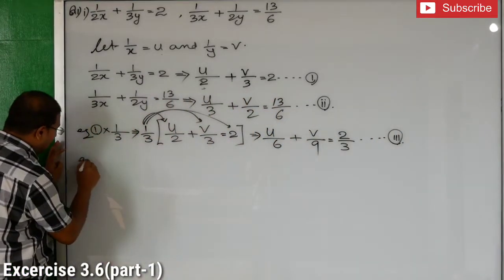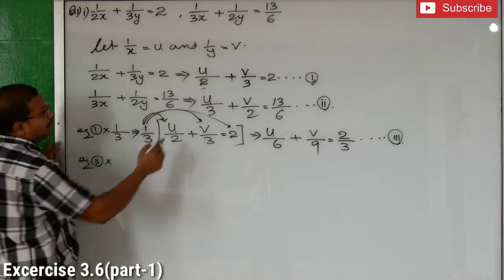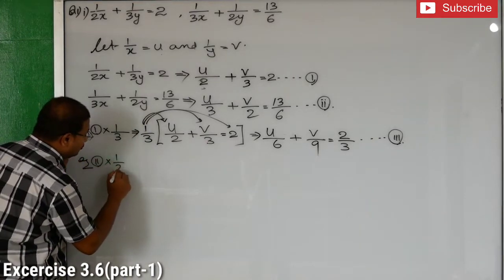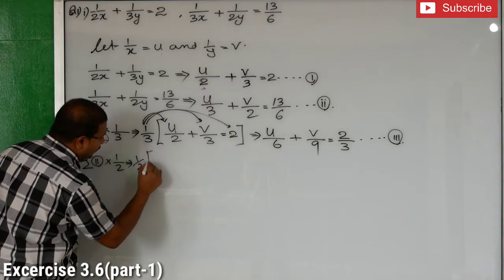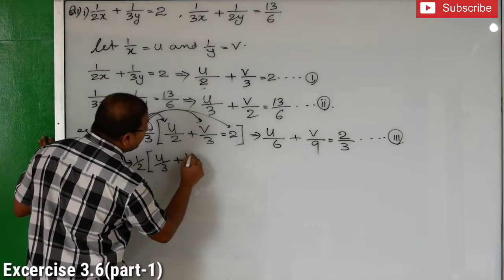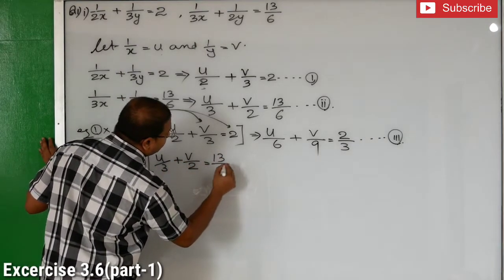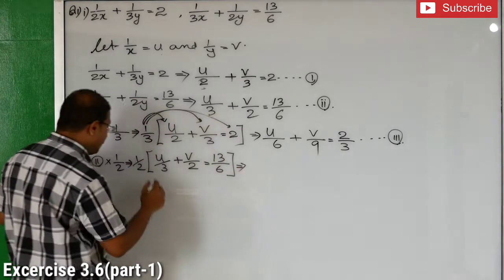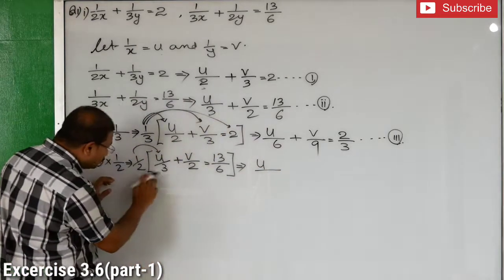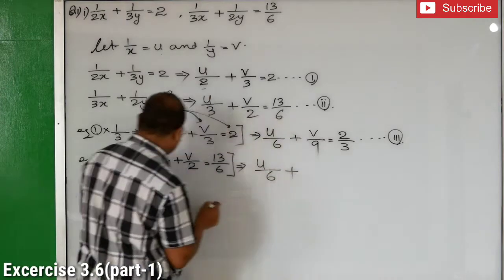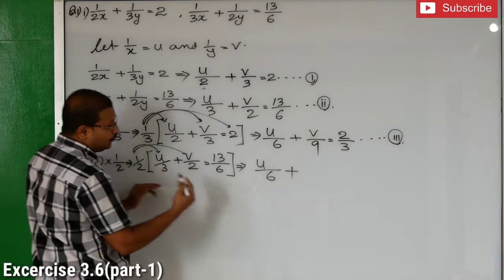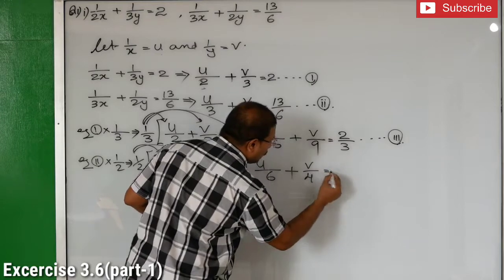Ready? After that, equation 2, here what will you multiply? 1 by 2. Yes, 1 by 2 into the entire second equation. What is that? u by 3 plus v by 2 equals 13 by 6 implies, we'll open it now, 1 by 2 into u by 3. What you'll get? u by 6, 2 3s are 6, plus again 1 by 2 into v by 2. So 1 into v, 2 into 2, 4. That means v by 4 equals